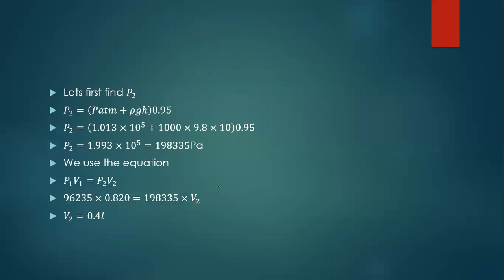That's what I said. So that's why we are adding atmospheric pressure to the picture. We add the atmospheric pressure plus the pressure due to the depth, but we still have to get 95% of it, because we were told that at all times his pressure is 95% of the external pressure. So we know this is the atmospheric pressure, and this is how we get the pressure due to the depth of water. We know the density of water, the acceleration due to gravity, and the depth. Using this formula, we can calculate, continuing by multiplying by